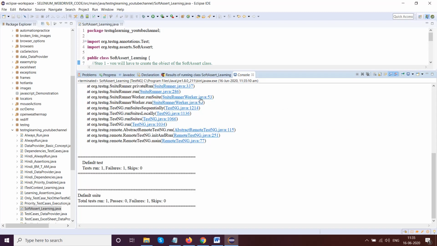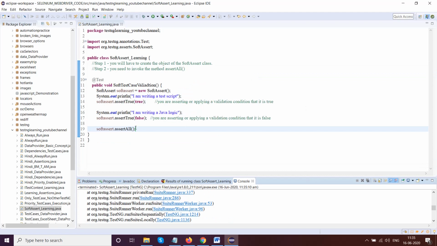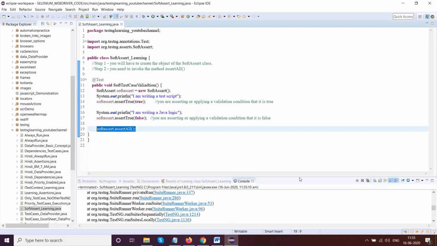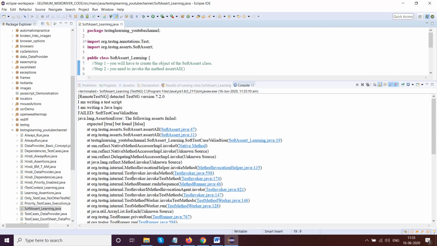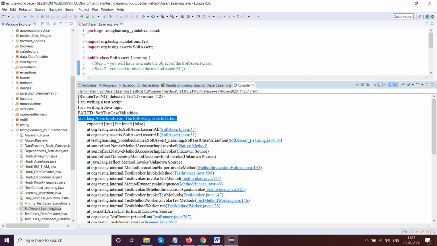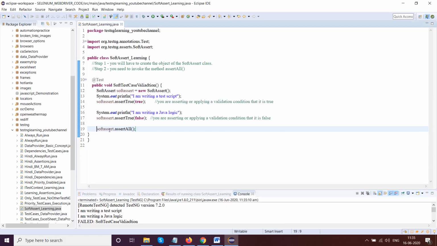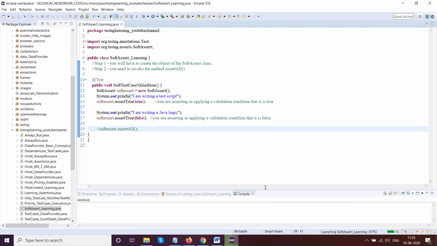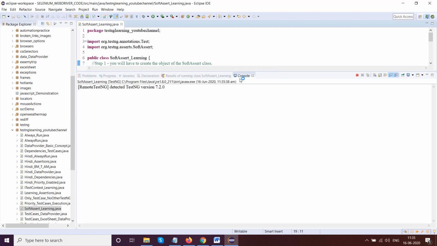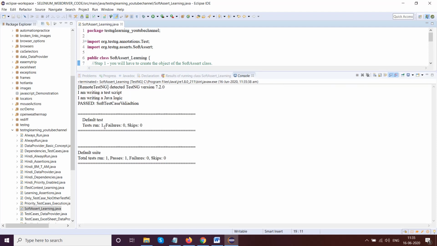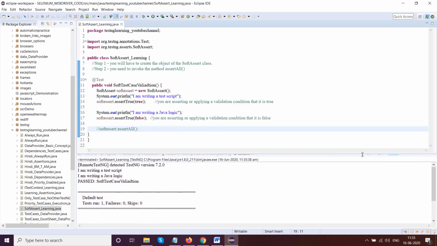See, now it actually failed the test case. It's very strange, right? The introduction of one method could actually give you the exact output. See, the following asserts failed, expected true but found false. See, this is the exact output. So if we are not giving this, okay, I'll run again. It is passing the test case, which should not be the case. The test case is not passed because we are failing it. See, so this is something which is not correct.